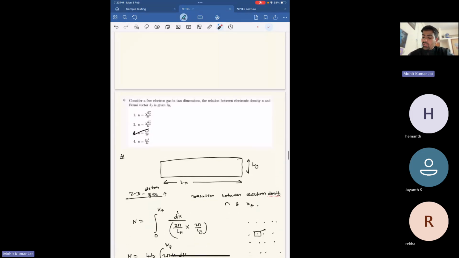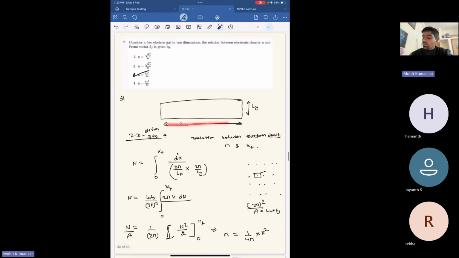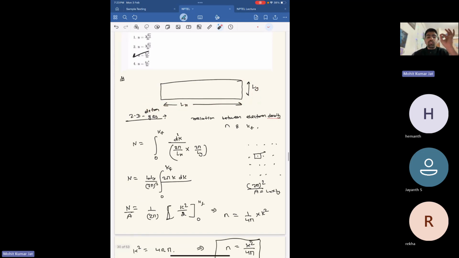Now in the next question, they ask, consider a free electron gas in two dimensions, the relation between electron density n and the Fermi vector kF. So for example, our 2D system was like this, Lx and Ly were the dimensions, and each state will occupy an area of 2 pi square by A. For one state, this much area is required in the k space, and total number of states will be, so let me write the g degeneracy, g times, the g is the degeneracy,